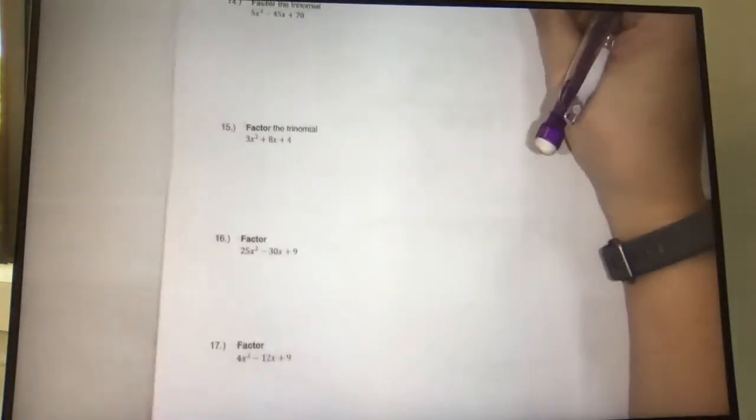Look at 14, this whole page we're working on. They all say factor, factor, factor, factor. So we don't have to find actual answers, we just have to find packets. Before you say, oh my gosh, that's huge, I'm going to have to do 5 times 70 and then look for factors and all that,